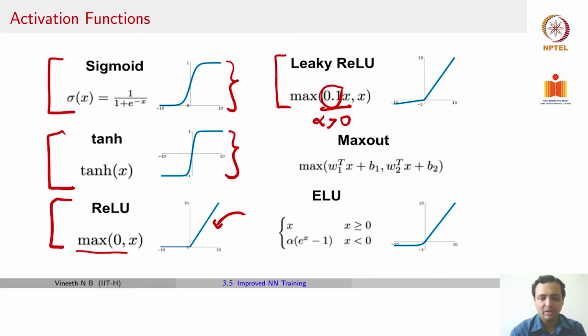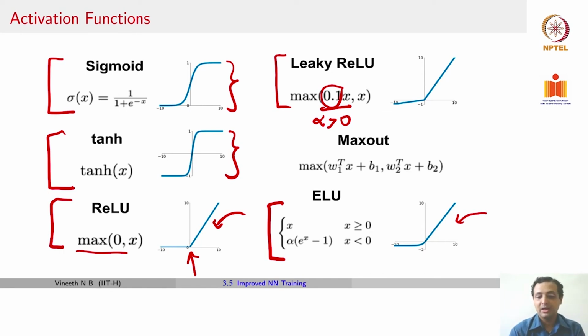Let's see ELU before coming to maxout. ELU is exponential linear unit, and ELU was developed because the ReLU activation function actually seems non-continuous. It has a discontinuity at 0 where it's not differentiable. In practice, people get around this by assuming that the derivative at that particular location is 0, which is valid because for those of you who are aware of the concept of subgradients, 0 is a valid subgradient for ReLU at that particular point. So 0 is a valid choice, but there are other gradients possible at that particular location. Nevertheless, it's a point of discontinuity, and people get around this by assuming the gradient of ReLU at 0 to be 0. If you didn't want to make that assumption, ELU is an option, which is a smooth continuous function,